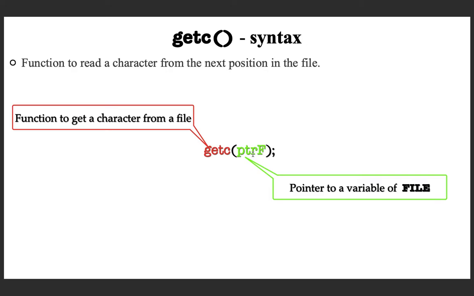When called, this function will return the character which is read from the file. You have to be careful when you are using this. You have to make sure that there exists at least one more character to read in the file, and that you can check using the end of file check.